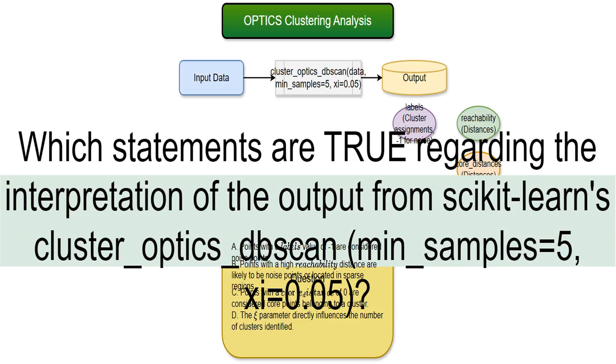Finally, statement D examines the role of the SHE parameter. The question is whether it directly impacts the number of clusters found. The SHE parameter, actually, influences the shape of the reachability distance plot that helps to visually separate clusters but doesn't directly control the total number of clusters that the algorithm finds. It is related to how the algorithm connects points, but the number of clusters is determined by the data's inherent